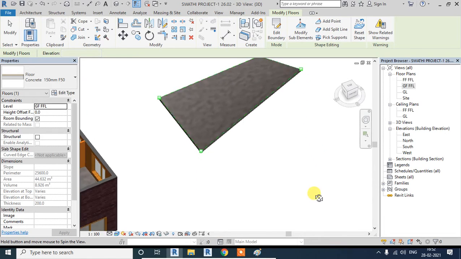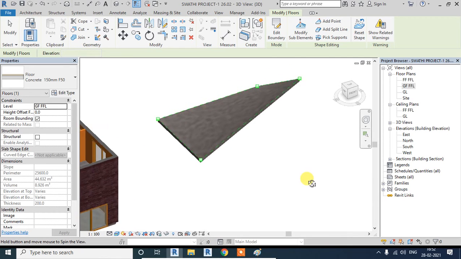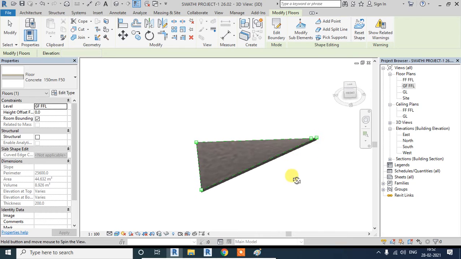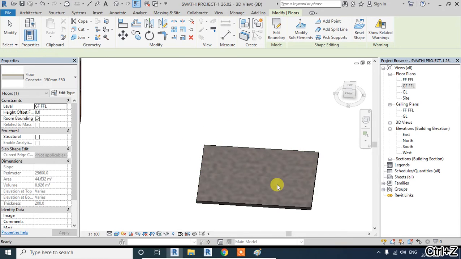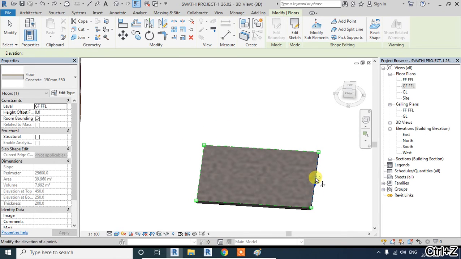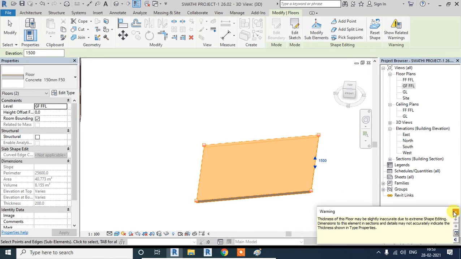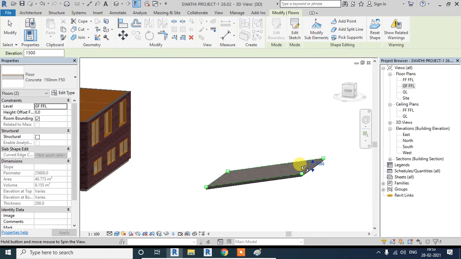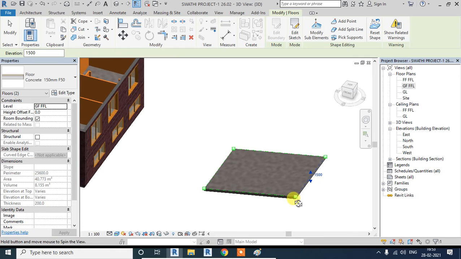It's just as if I moved the edge of a paper lying on the floor. Or I can even do this: I can select the edge and give a height to this edge itself. Did you follow that? Now the edge got moved. It's similar to slope. Did you follow what I'm saying?